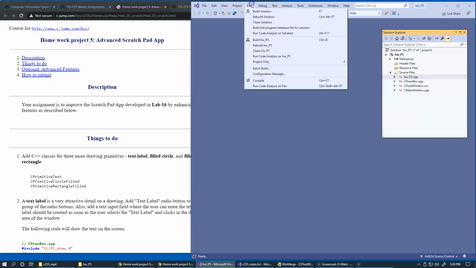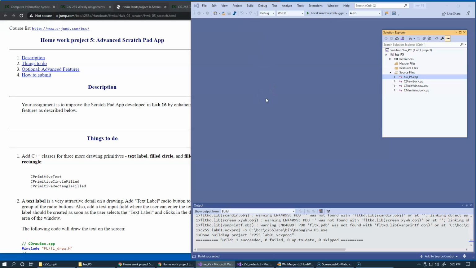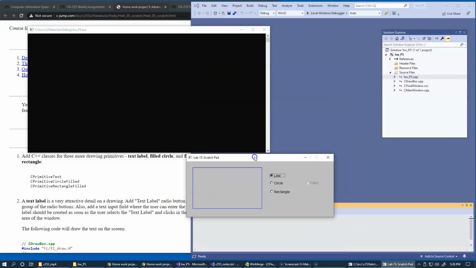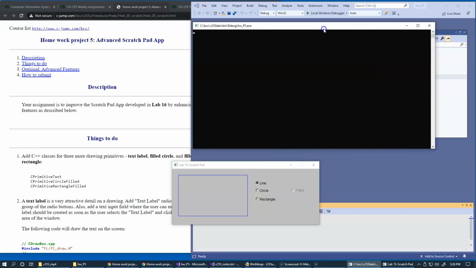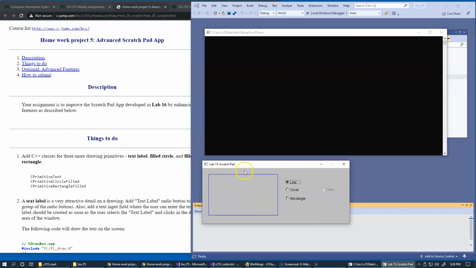Okay, so let's build this project. And this is going to be our prototype for this challenge. Of course, we're going to go to Fluid and change the title. And we're going to implement the functionality of filled circles. So right now, filled circles and filled rectangles don't really do much, but we're going to make sure that this